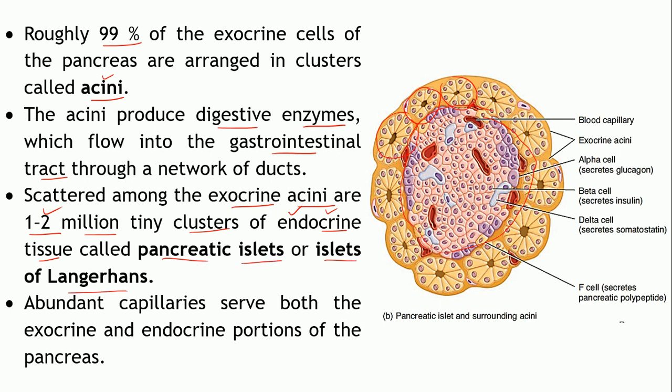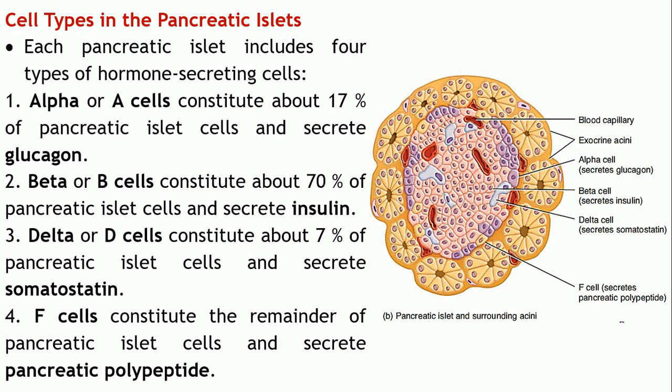So it comprises a number of types of cells which produce different types of hormones. So the exocrine part of the gland produces the digestive enzymes, whereas the endocrine part of the pancreas produces several types of hormones. There are a number of types of cells, and apart from that, as you can see, a lot of blood supply is there, right? So the secretions of this endocrine part actually enter into the bloodstream directly. It will not be carried by any duct system.